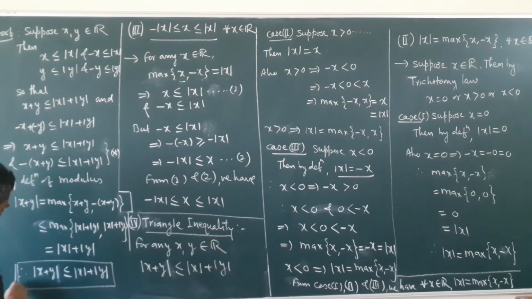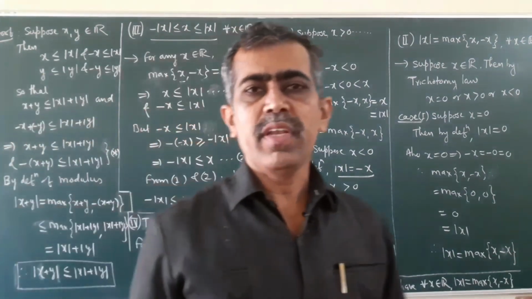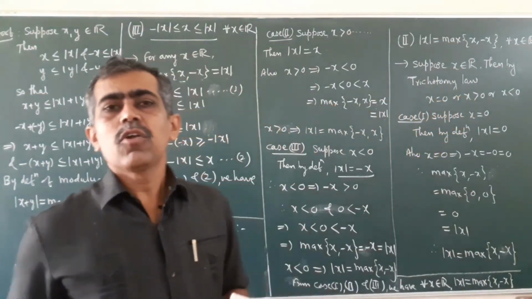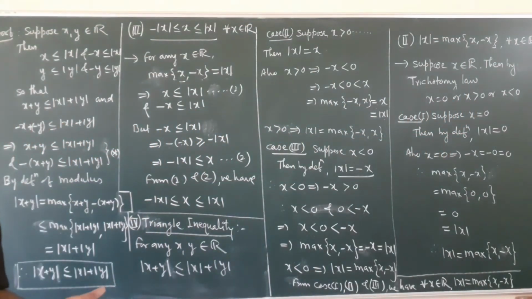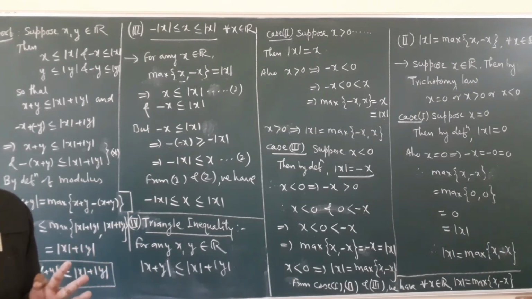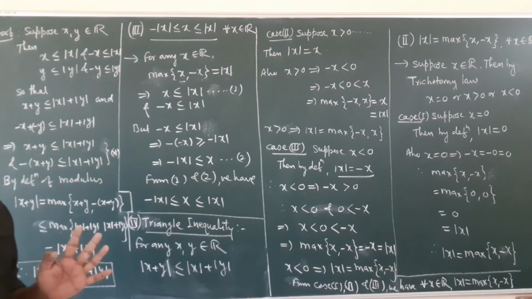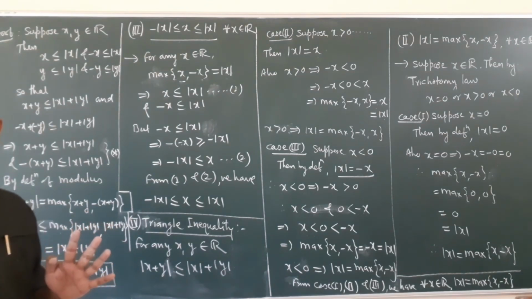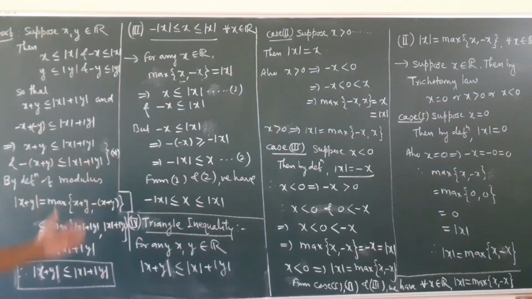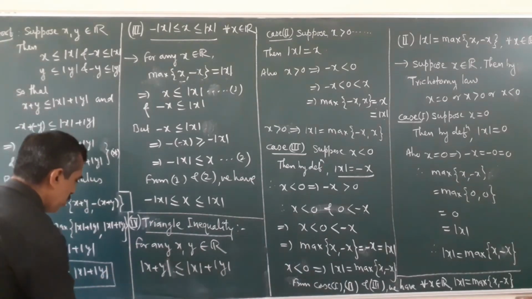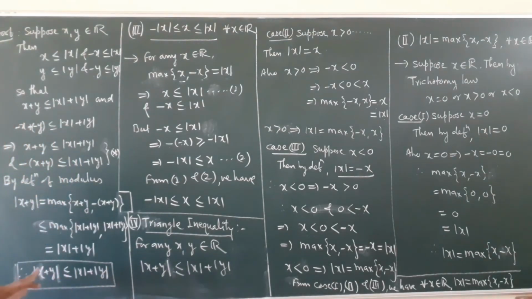So this is called the triangle inequality, and this is a very, very important property that we will use many times from here onwards. Whether you study the real line R, one dimension, or R2, two dimensional, that is the xy plane, then R3 and so on, Rn, they are called Euclidean spaces. You study anything, all the time you are going to use this triangle inequality.